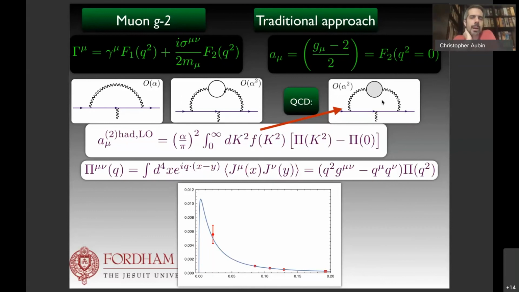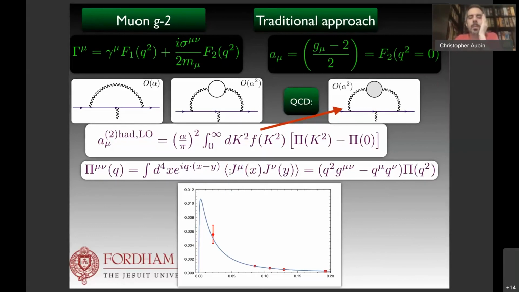It's still order alpha squared in the fine structure constant, but it involves QCD, so it can't be done analytically. So we could calculate this QCD blob on the left. And the way we do it is we calculate what's called a vacuum polarization tensor. Imagine everything that you talked about on Friday, generating a set of gauge configurations. And now you take the electromagnetic current, A mu, which I forgot to write on the slide, but you can look it up,